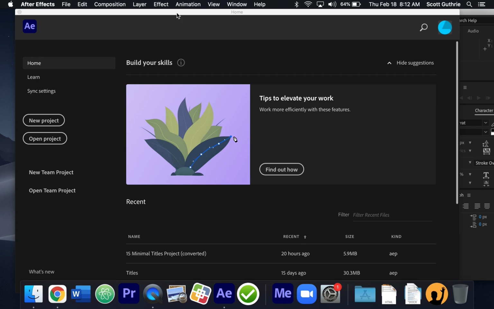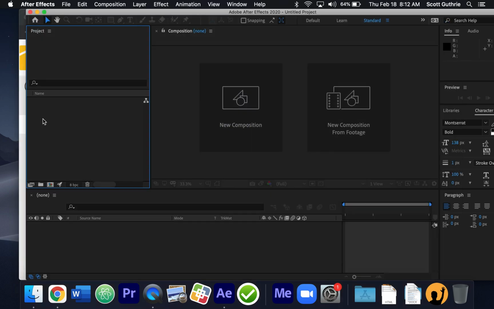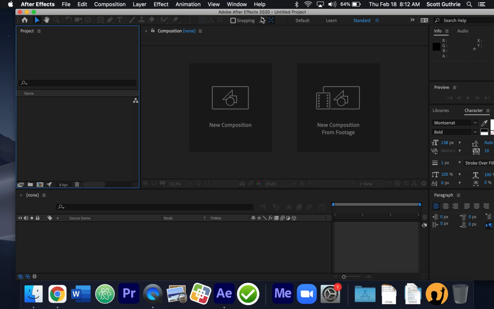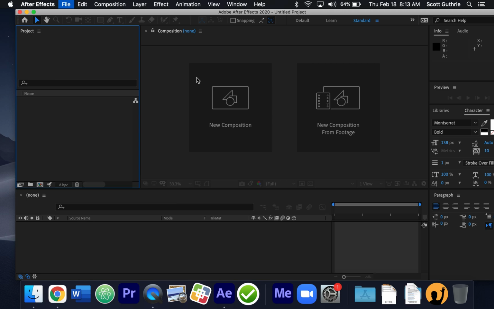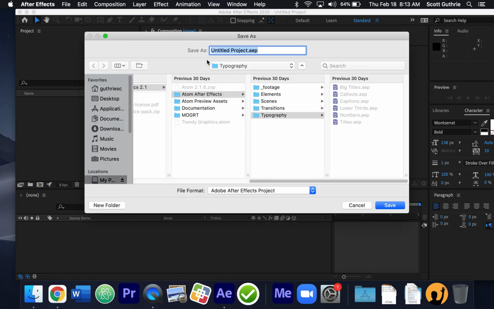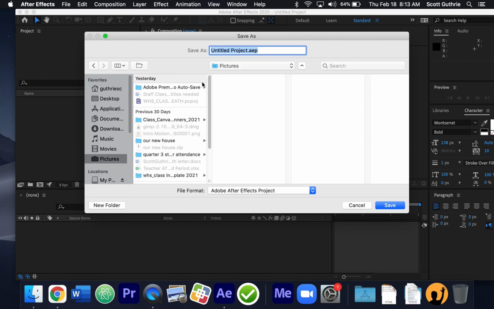So this is Adobe After Effects. I think when you first open it up, and I'm going to make what's called a new project over here. I'm going to click it and see where it says Untitled Project. I'm going to go just File, Save, or Save As, just to name it. And you can put it wherever. I'm just going to call it